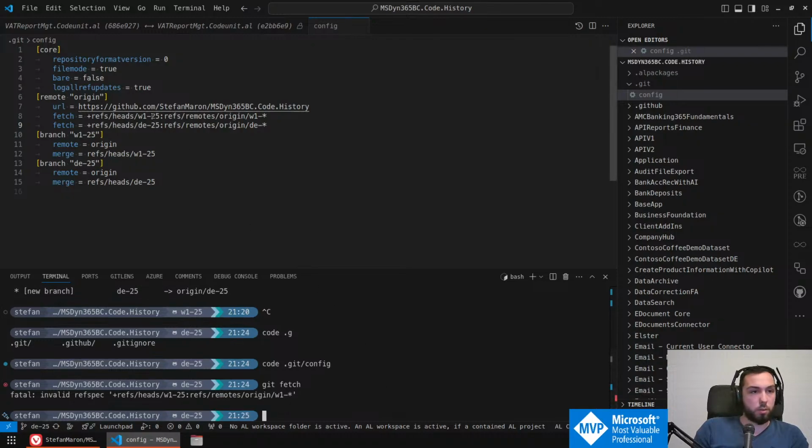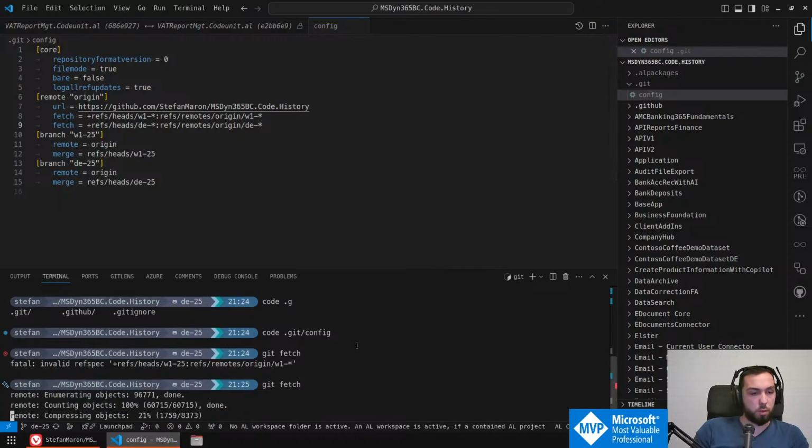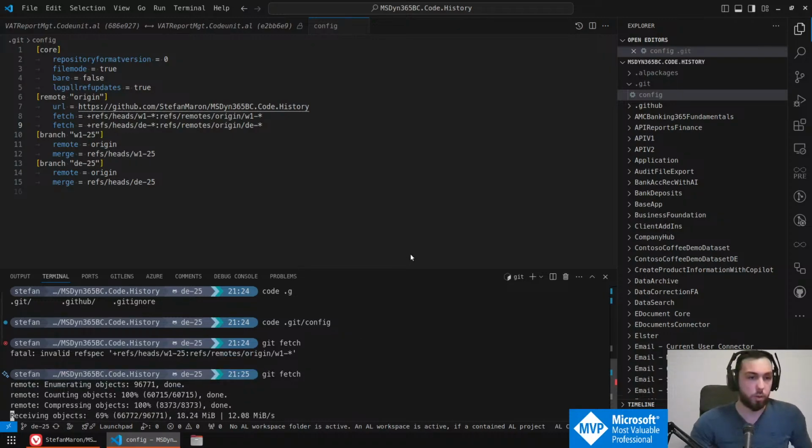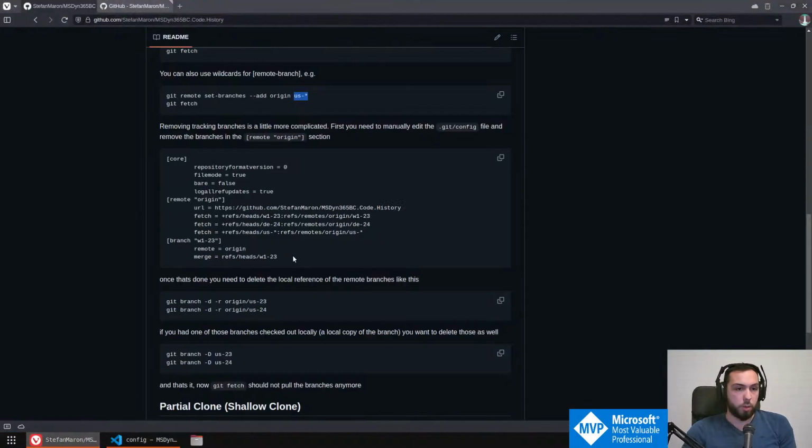Yeah, nice. Probably like this. Yeah. Then it starts to pull all the other branches, which are now included as well. And while this is running, we can have a look at the documentation again,